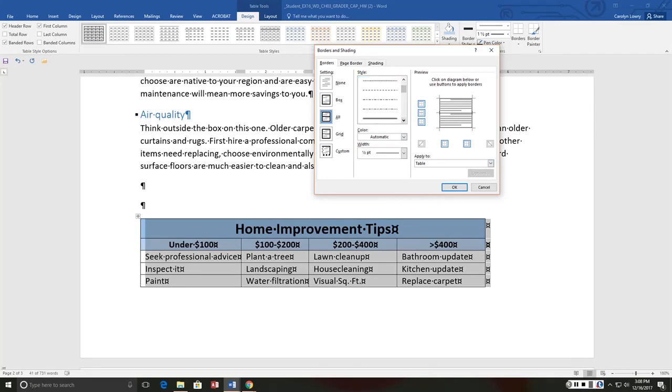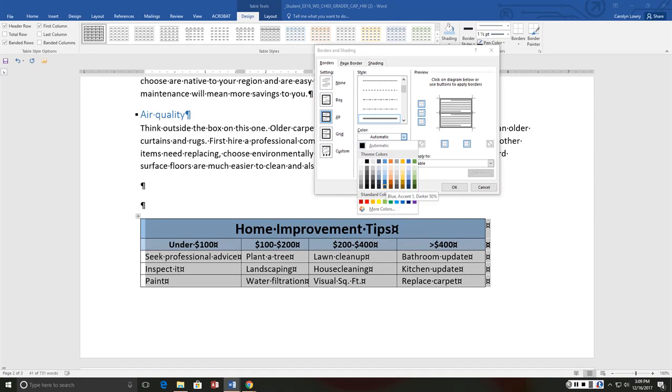So we're going to scroll down here to double line. There's my double line. And it wants blue accent 1, 1/2 point. So blue accent 1, that's blue, accent 1, darker 25%,